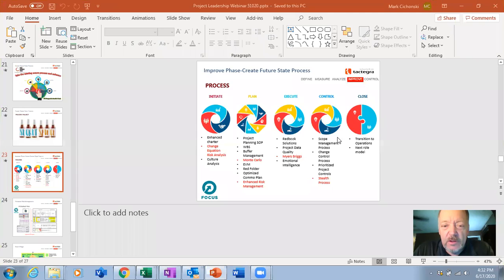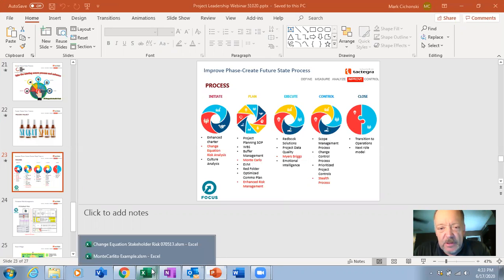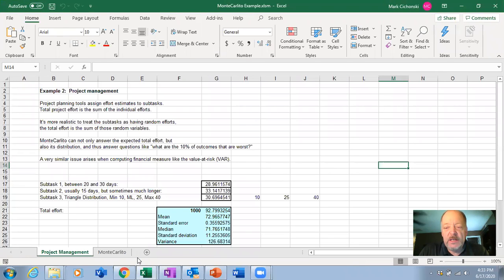The second thing I want to look at, in the plan phase, is called Monte Carlo. And Monte Carlo simulation, we could do a whole 5-hour seminar on. But basically, it's a statistical, analytical tool that will let you simulate a project. And what we mean by this is, we're going to use a very simple example here because we don't have a lot of time. A lot of times when you're doing project scheduling, and by the way, this can be used for project budgeting as well,